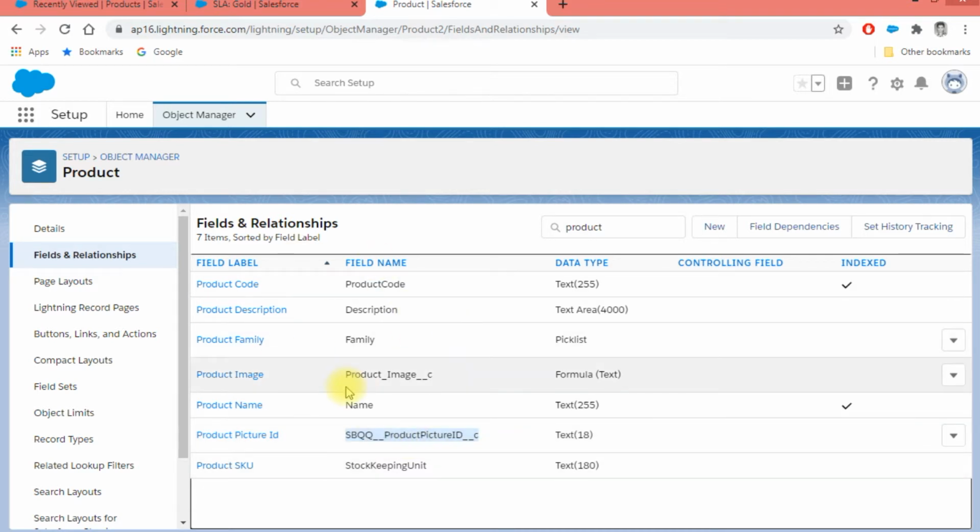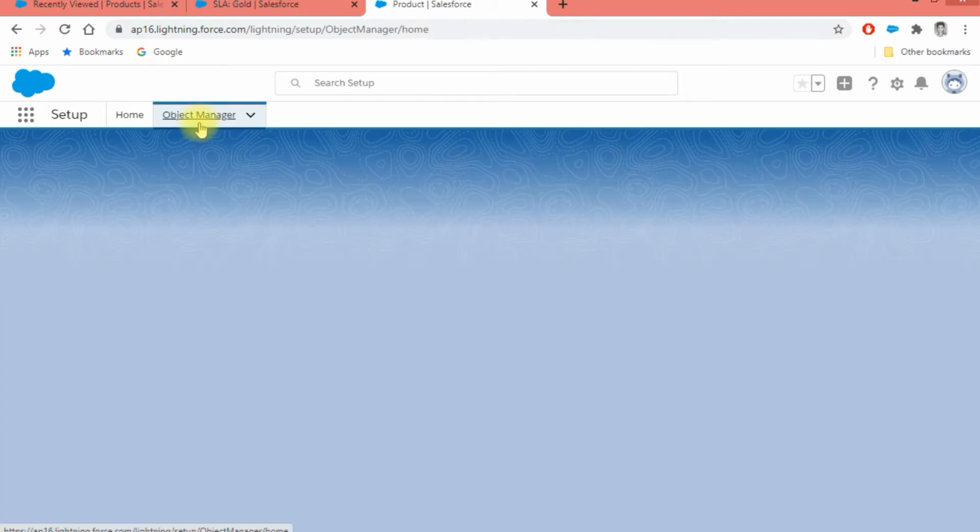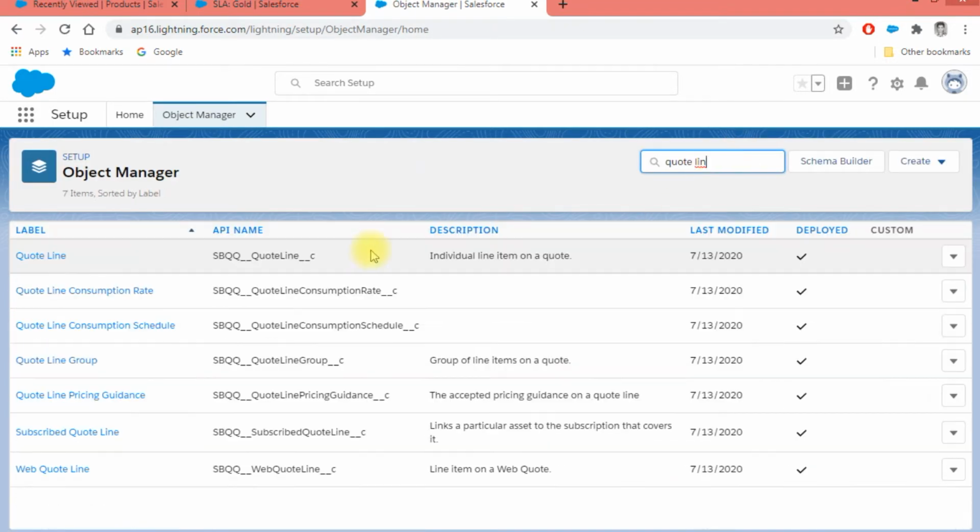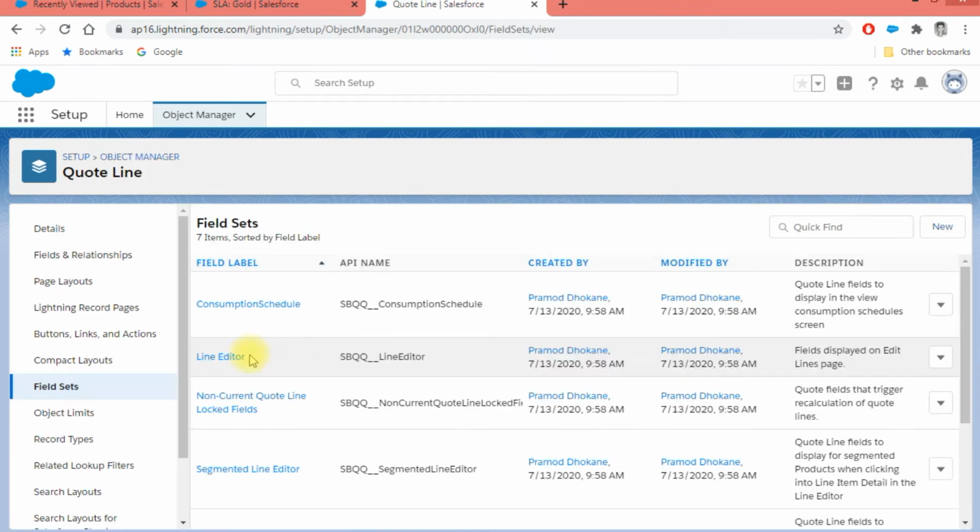Once you set up these two fields, you need to upload documents, get their IDs, and update them back on the respective product records. And once you upload the images, your next job will be to update the field set on the Quote Line object.